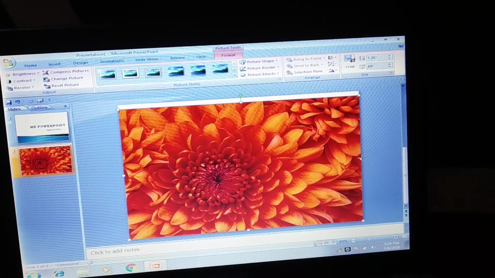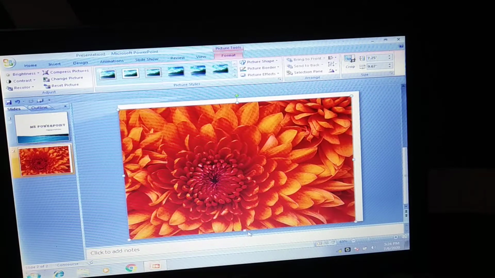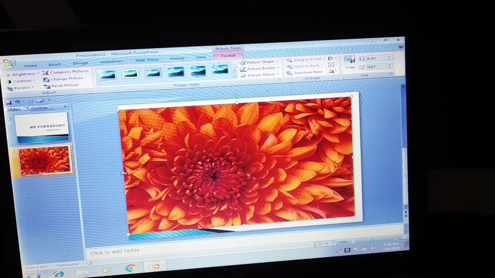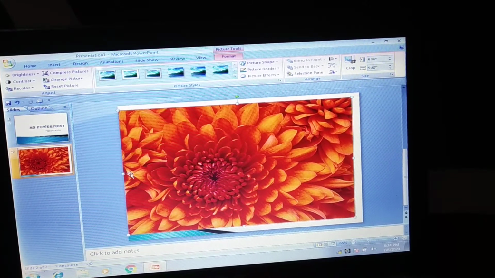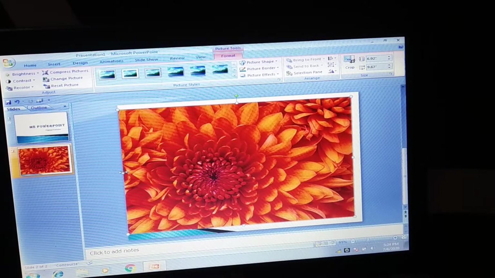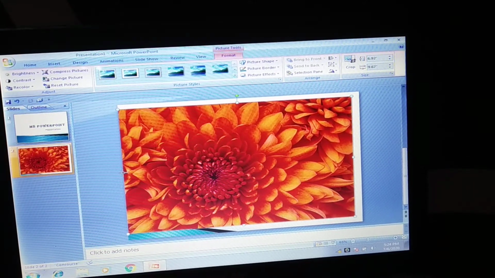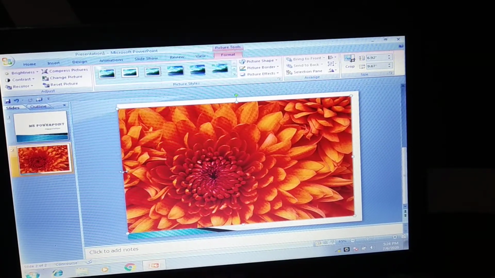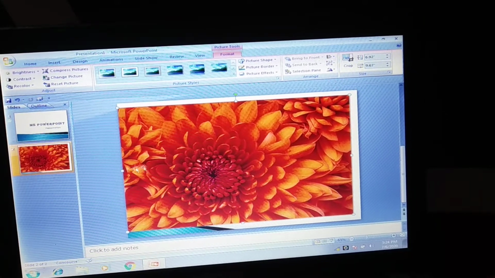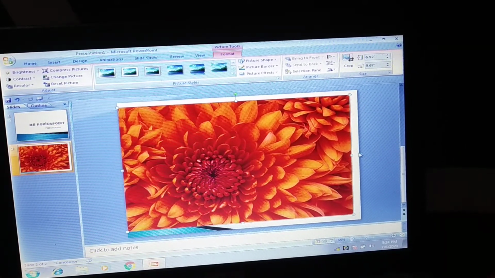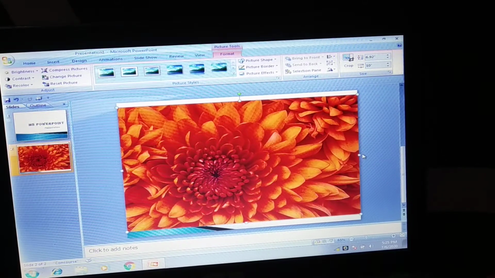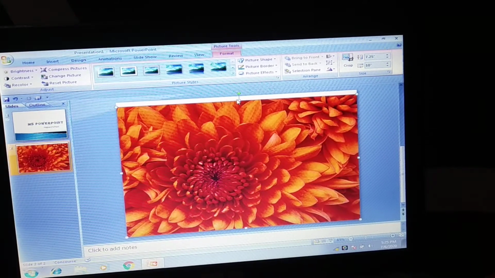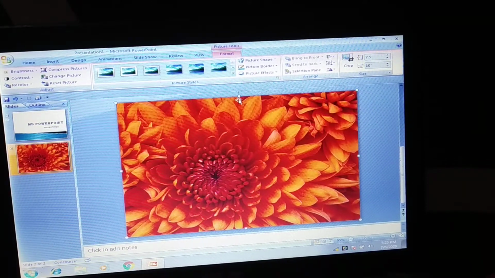Let me adjust the size. It is quite big. So I am trying to make it fit within the slide. I have taught you, you place this arrow in the square, small square, then double-headed arrow will come. Then pull it inside, drag outside to adjust the size. I have dragged it and okay, I have done.